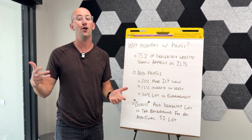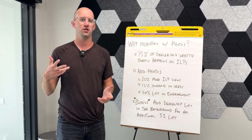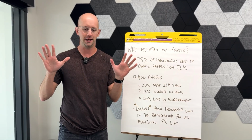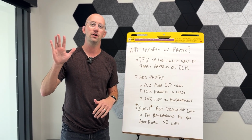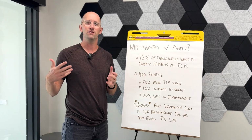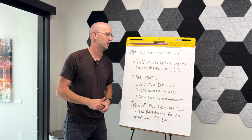At TracTru, we're always looking for ways for you guys to get more out of your website. So today, we wanted to share some breaking news with you. This is a study that was recently done in automotive, looking at dealers' websites who add inventory photos versus the ones that don't. And the why behind adding inventory photos: 75% of dealership website traffic happens on an